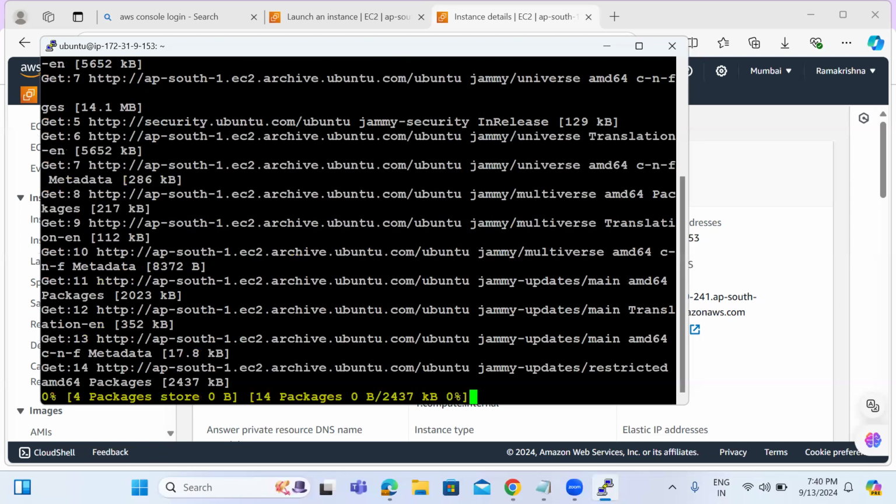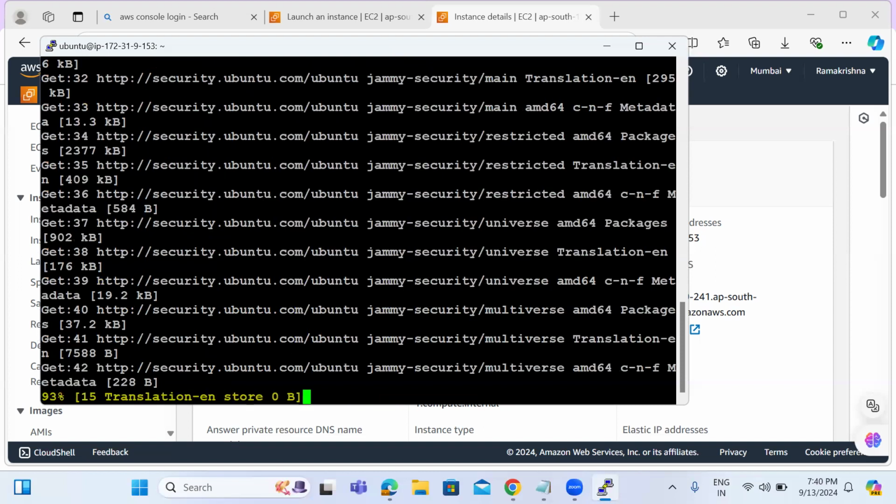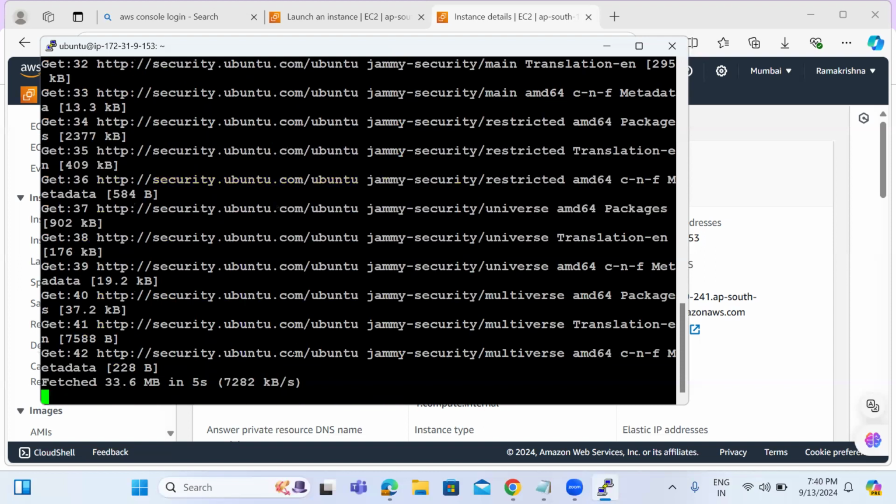I made a typo. First we need to do the update. First we need to update the repo. So once we have updated our repo,